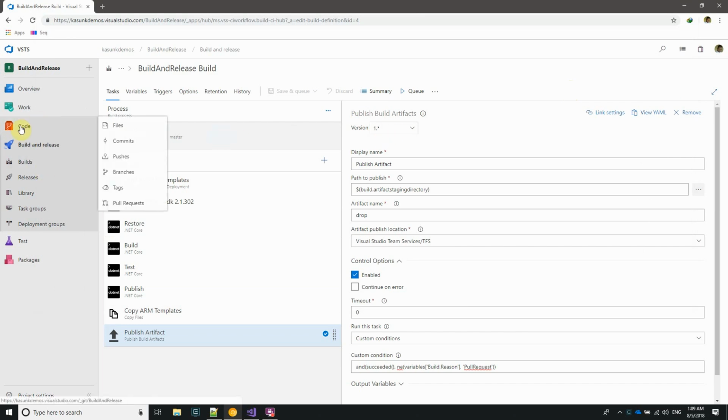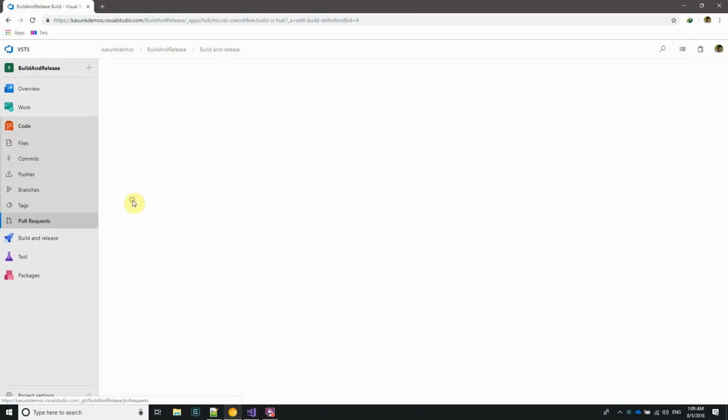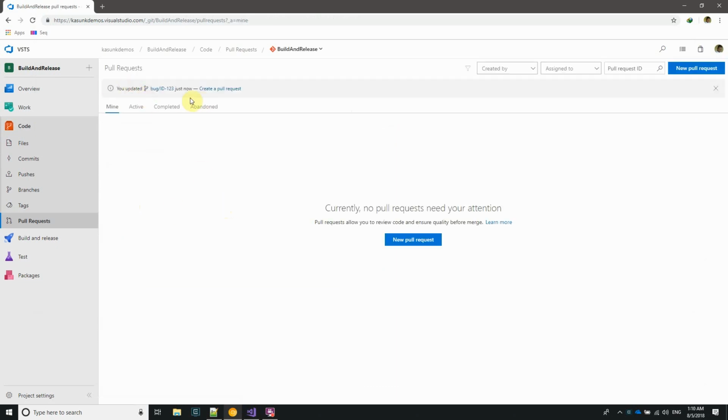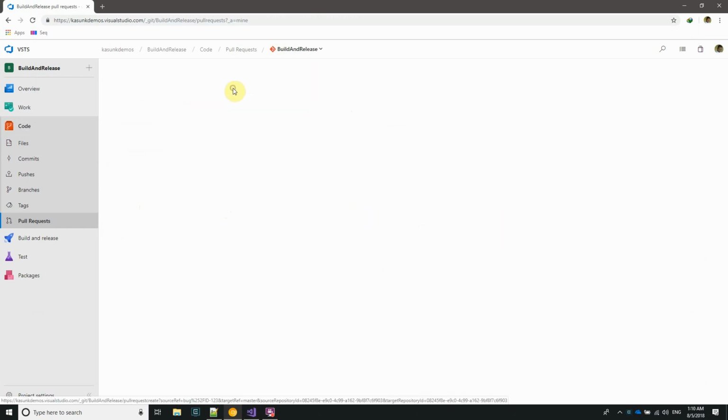So what I'm going to do is I'm going to go into the pull request section in the Visual Studio Team Services project, and here you will be notified that you have updated this branch, and you can create a pull request from here. So if you click on this create pull request link, you can create the pull request,